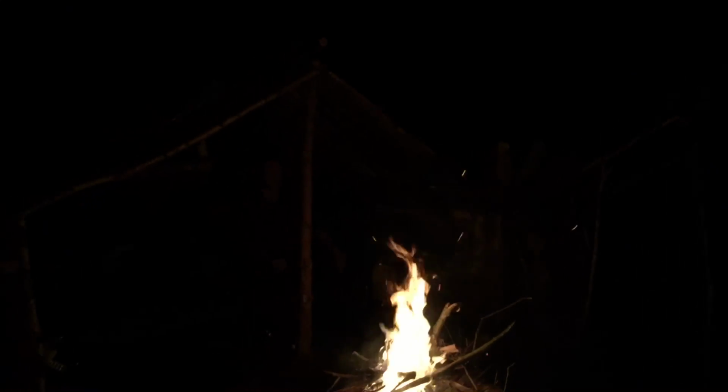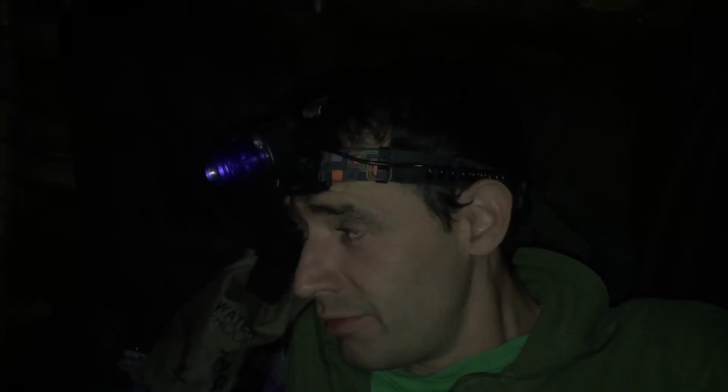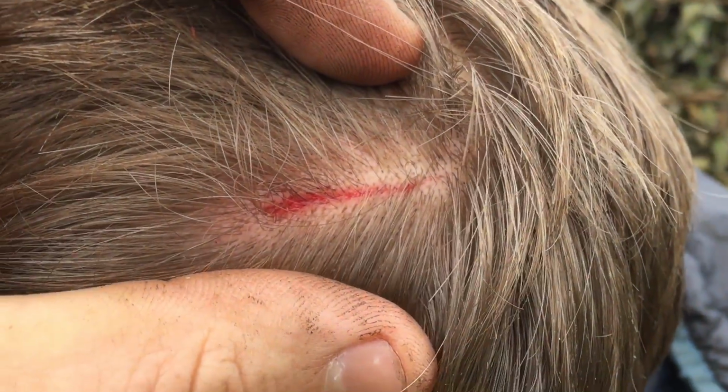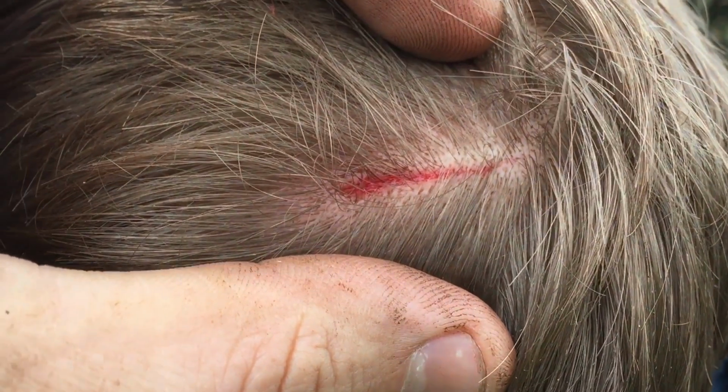Absolutely stuffed after all the fajitas. It's me in my sleeping bag and in my bivvy bag. Wind's died down totally. No rain at the moment. So I've got right next to the fire, and yeah, I'm going to catch some Z's. We'll catch y'all in the morning. Tim's just scored the top of his head. Not too nice. It's not deep, but...